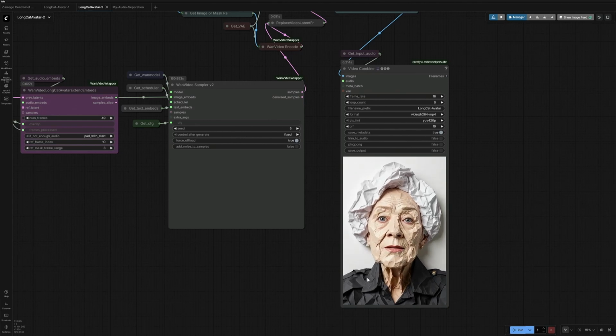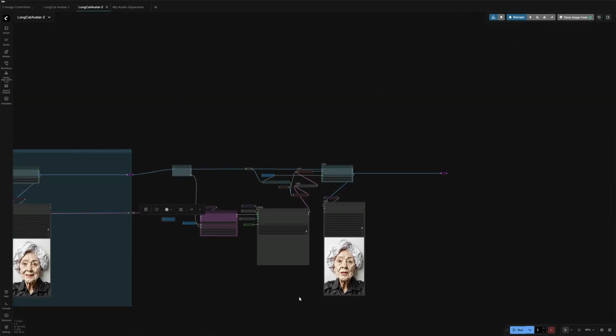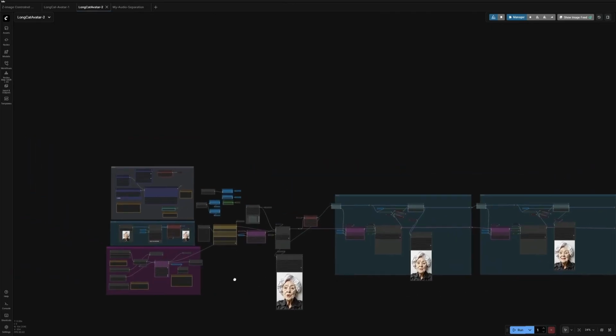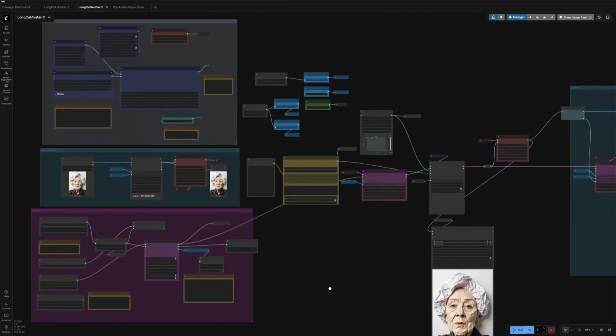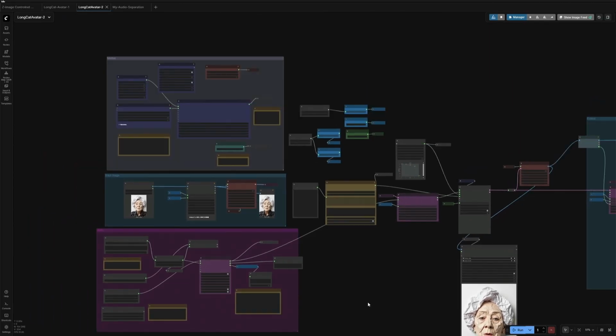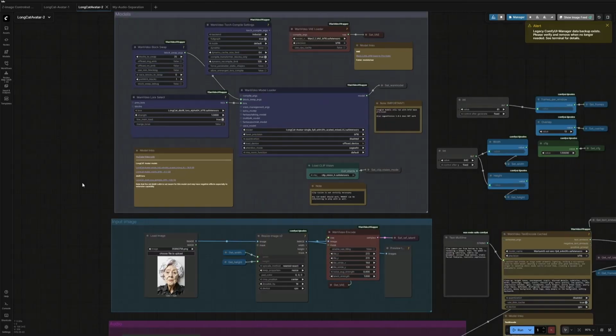The result looks good. What do you think? Let's look at the model and the workflow. I will add a note with links to all the model files. Sadly, there are no GGUF models released yet, but I expect it to be out soon.